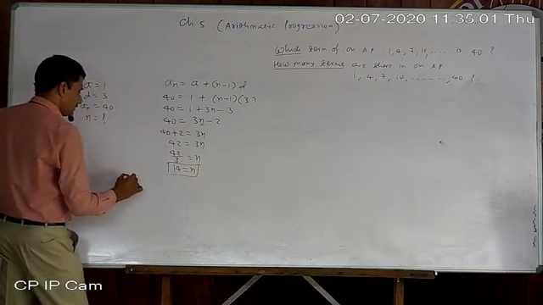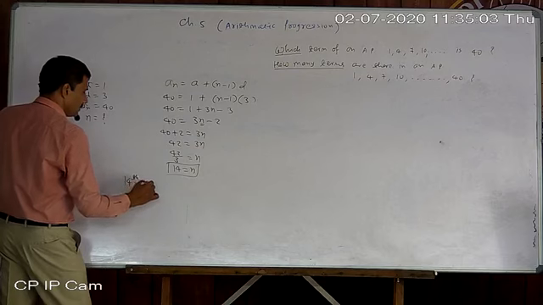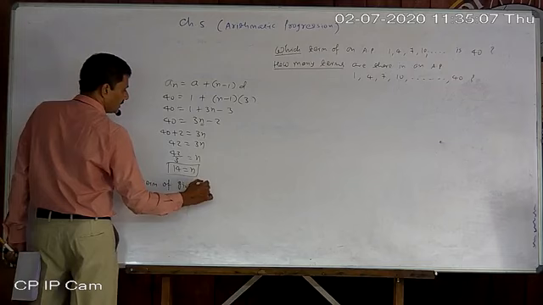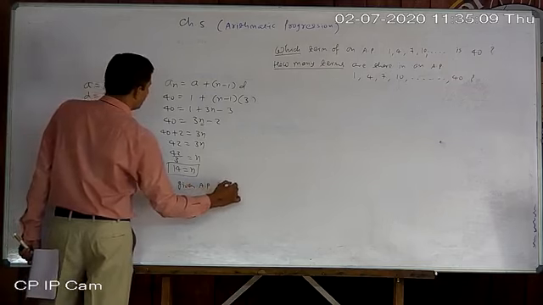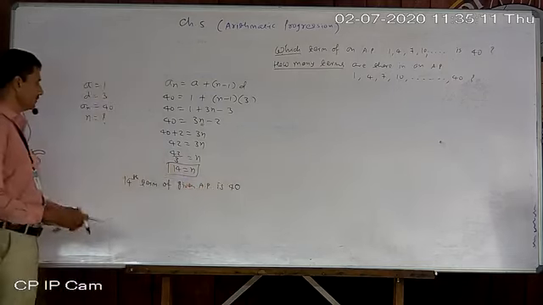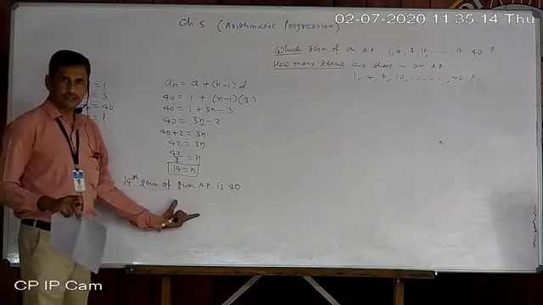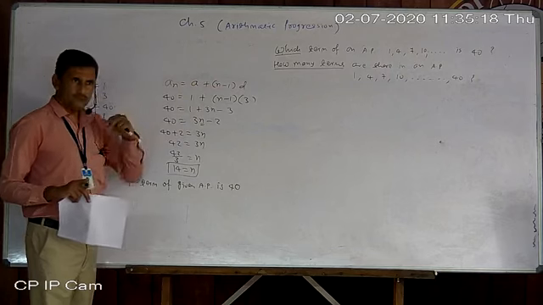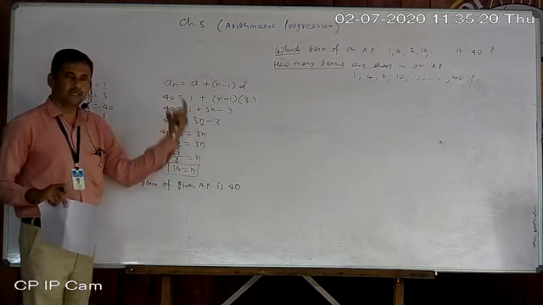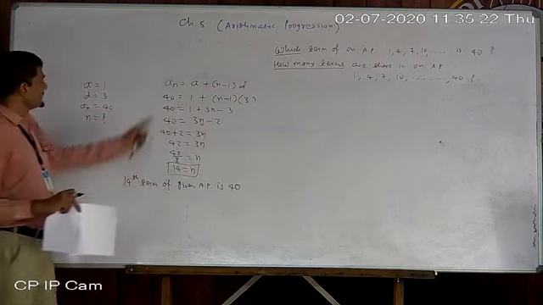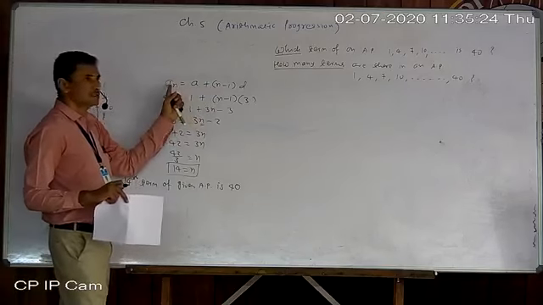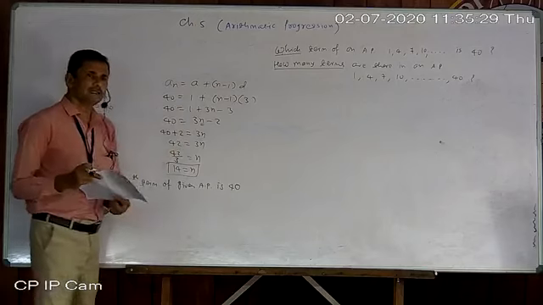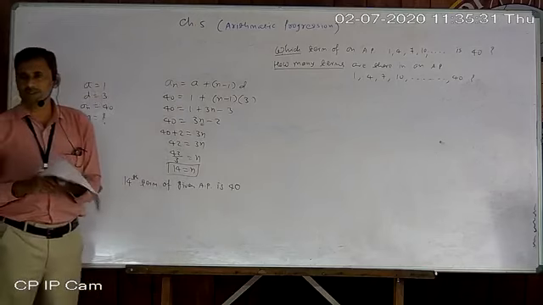So the 14th term of the given AP is 40. Okay, you understand? Directly or in a reverse way, any way you can give the answer. Not only n or a_n you can ask. You can find a and d also. If everything else is given and any one thing is missing, you can find it.